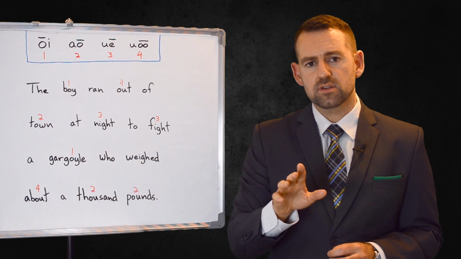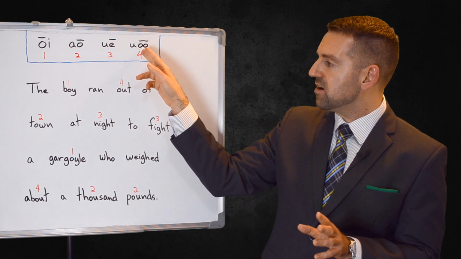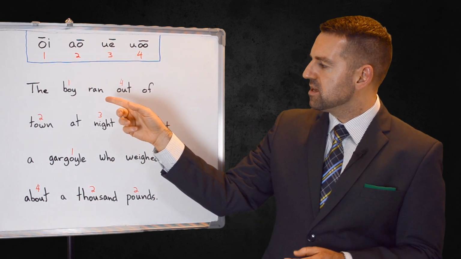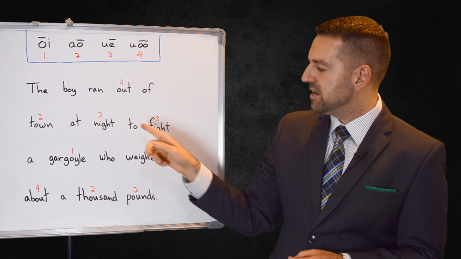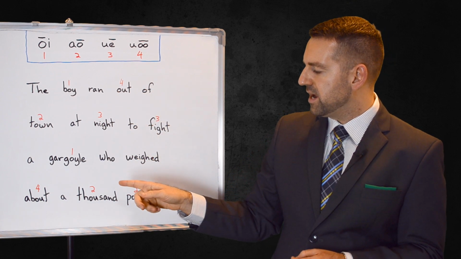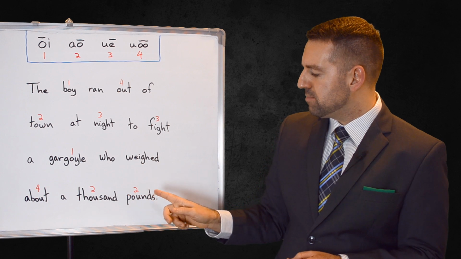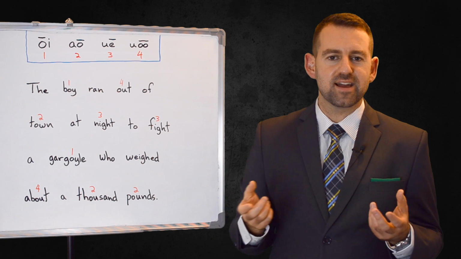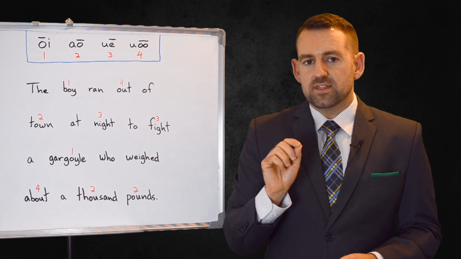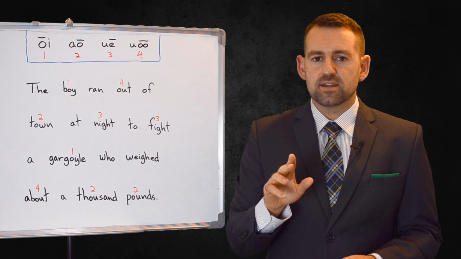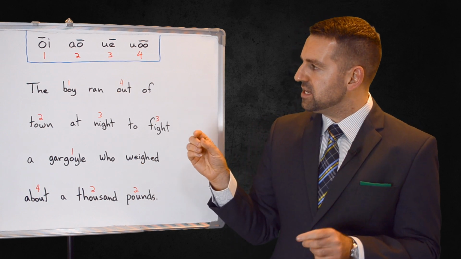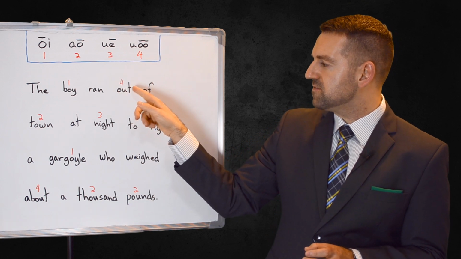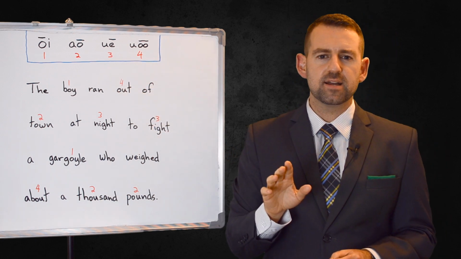Now Americans, they don't have this sound. They always use this sound, ow. So they would say, the boy ran out of town at night to fight a gargoyle who weighed about 1,000 pounds. So out and about. In Canada, we say out and about. So the answer is that Canadians change this sound to this sound when it's followed by a